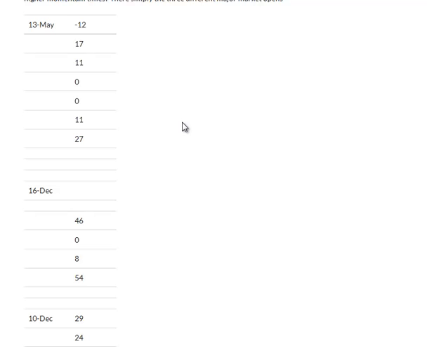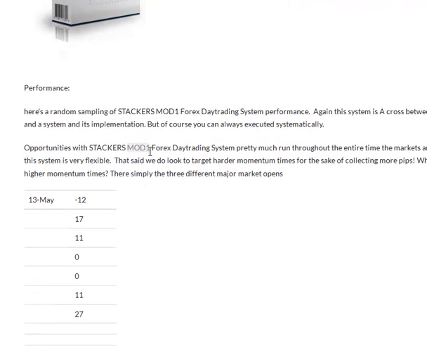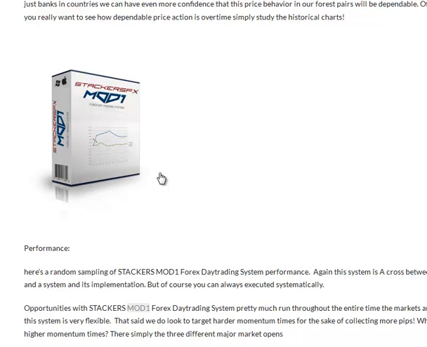For example, as we scroll down here, here's a sampling of performance. Now, we'll add more from time to time, but here are a few days just picked at random. And with this opportunity, you're going to feel that you have additional power to basically potentially just go into the Forex markets and take out money at any time. Now, I know that sounds bold and a little bit hypey, but actually the MOD in the system's name stands for money on demand.